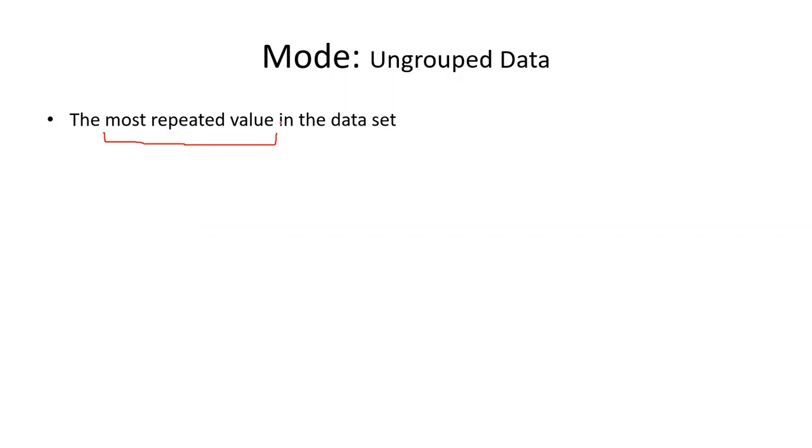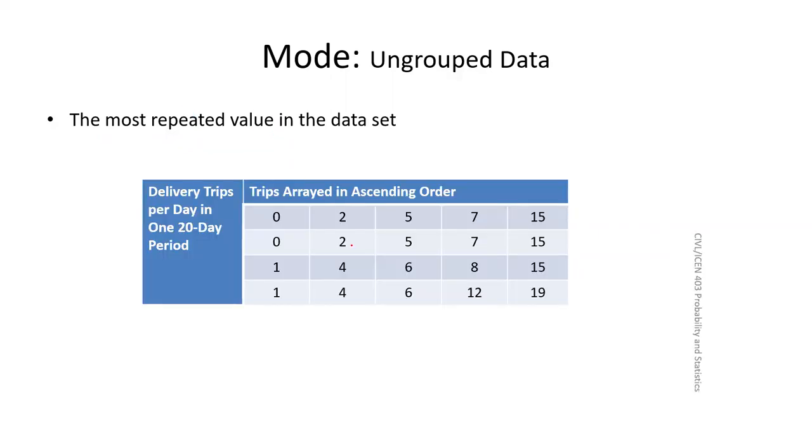Median will be unique, mean will be unique. Mode can be more than one. It can be unimodal, meaning having one mode. It can be bimodal as well, having two modes, and it can have more than two modes as well. But let's say this one, it's data which is arranged. 0 is repeated 2 times, 1, 2, 4, 5, 6, 7. These are all repeated 2 times. 8 is not repeated, 12 and 19 are also not repeated, but 15 is repeated 3 times. So 15 is the most repeated number here. We will call it the mode. Okay. And now you see, it is not a very good measure.